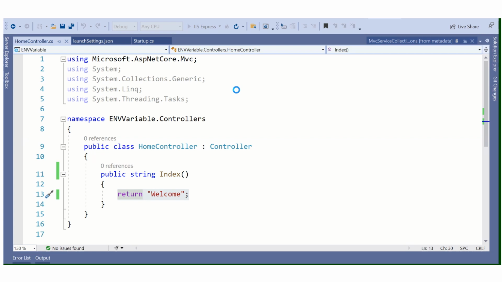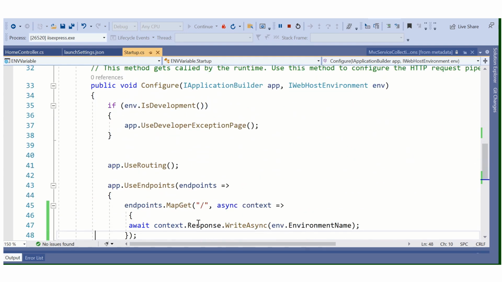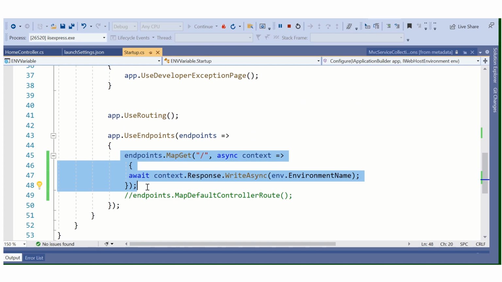It should print welcome, and the output is welcome. It's production, because yesterday we discussed environment variables. I have already written this code, but we don't need it here, so I'm